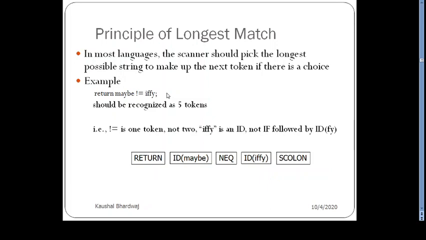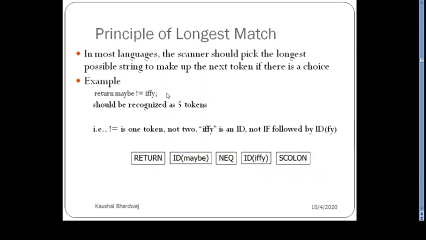Some computing device will read character by character and try to recognize which are the symbols and the tokens. Here, the not equal to symbol is an exclamation mark and equal to. While reading it, it will first read an exclamation mark, which means not.